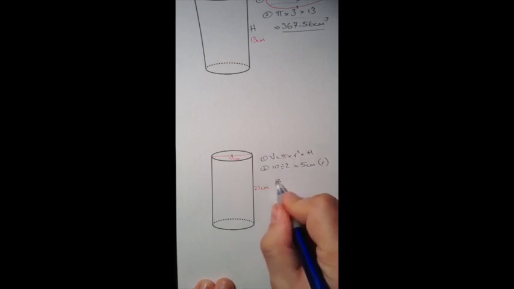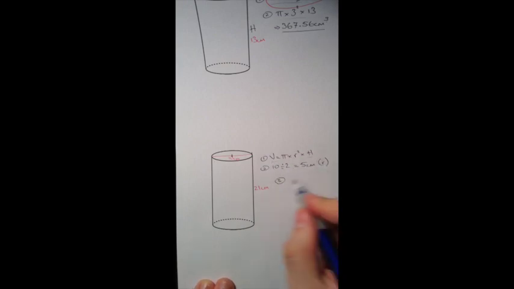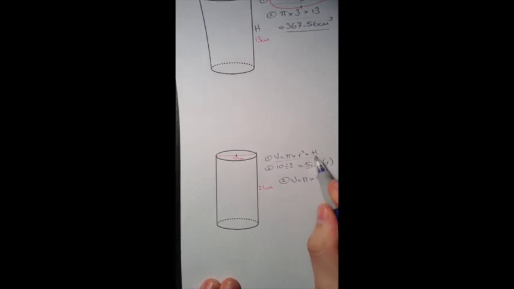Next up, we take our formula, which is written up here, and substitute the numbers in, remembering we are using this 5 centimeters instead of the 10, and we talked about that before. So we have pi times the radius squared, the radius is 5 squared, times our height, which is the capital H up here, the height is 21 centimeters. There we go. So again, we take our calculator and we plug these numbers into it, and what we come up with,